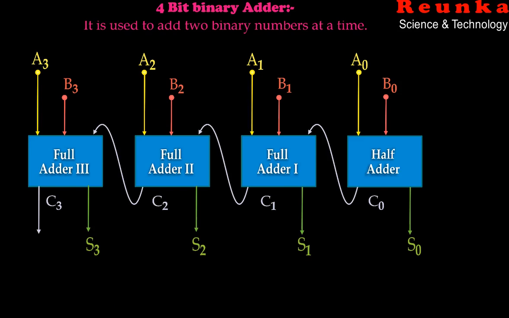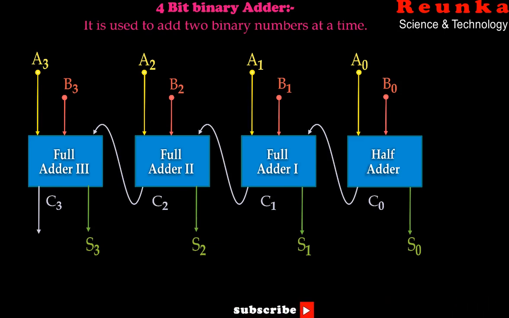The LSB bits of A data and B data are inputted to the half adder, and its carry output is then added to the next column, that is A1, B1. Now after the LSB, all the 3 adders are full adders. When the first LSB carry is generated, that has to be added with the next LSB. So for that, there should be provision to add 3 bits at a time. So that is why full adders are used.